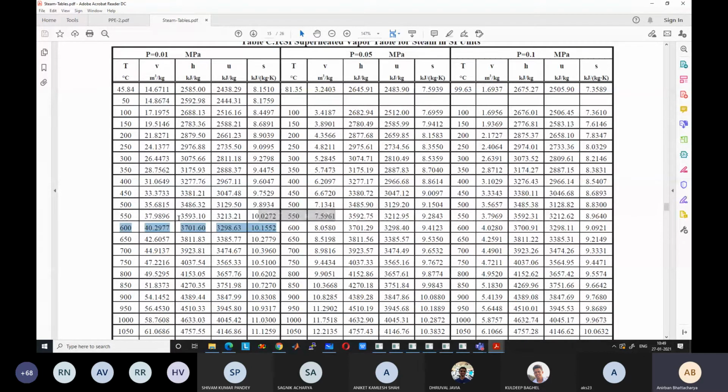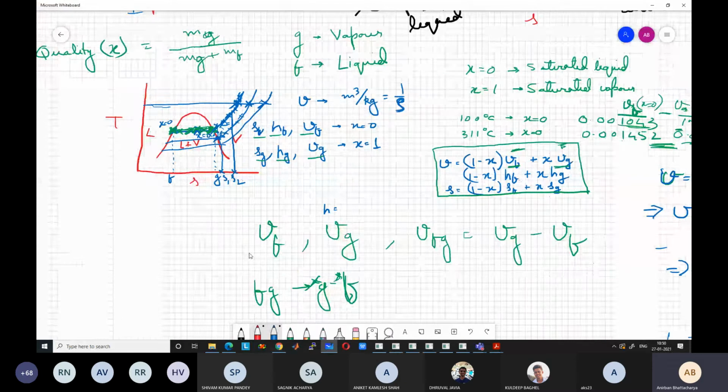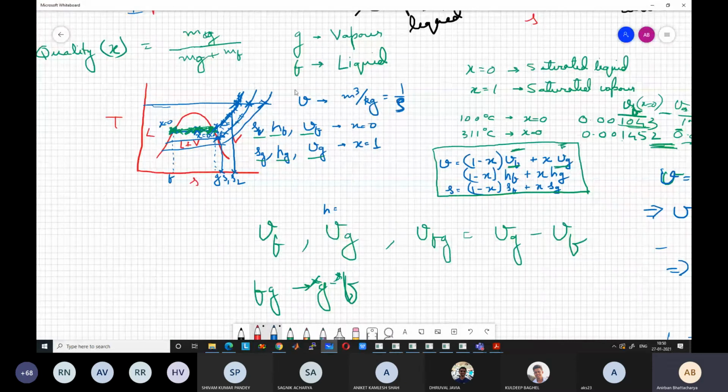Values actually increase. The higher the temperature, the more it will behave like an ideal gas, more and more this PV equal to RT type of relation, although it will not exactly be satisfied. So the higher you go, the further you are moving away from the saturated curve. For example, at very high temperature, say 1400 or 1300 degrees centigrade, you are at some point like this, very far away from the saturated curve. So its behavior is more gas-like. And when you are very near to the saturated curve, the behavior is not very gas-like.